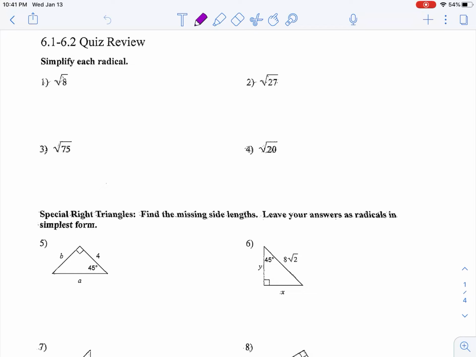I'm going to do a few problems on the 6162 review just to give you an idea of how the questions can be solved. So the first set of problems for the quiz are asking you to simplify each radical. Remember that if we're going to simplify a radical, we have to think in terms of